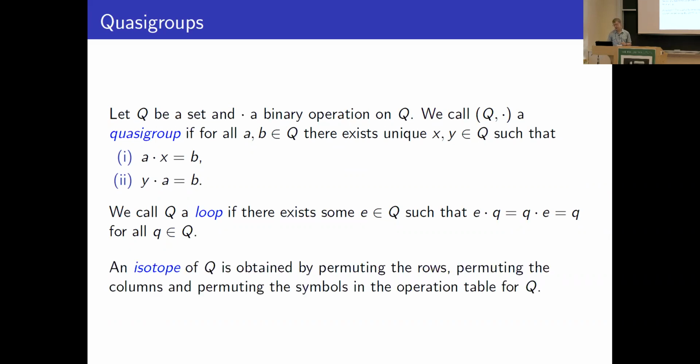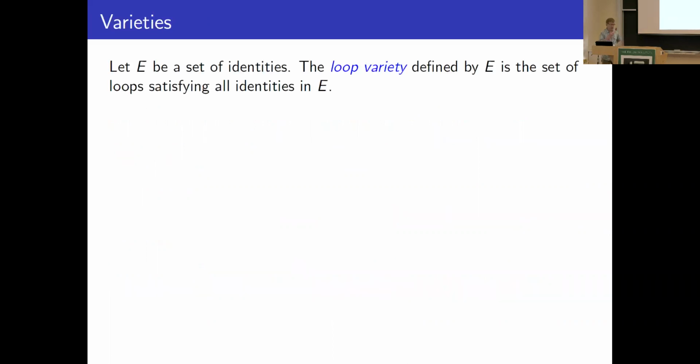And the other thing I need just for general background, an isotope of a quasigroup is, well, combinatorially, it means you permute the rows, you permute the columns, you permute the symbols, and then interpret that thing as another quasigroup. So that's the combinatorial definition of what isotopes are. You can define it algebraically. And the question that Michael asked me was about